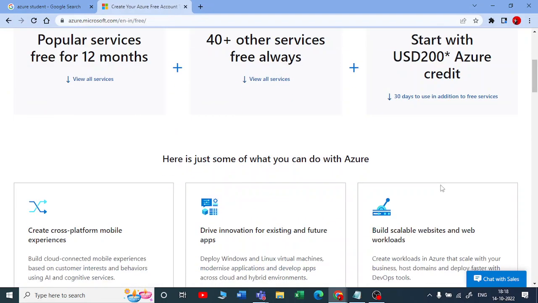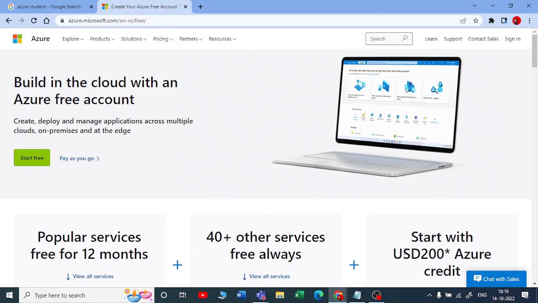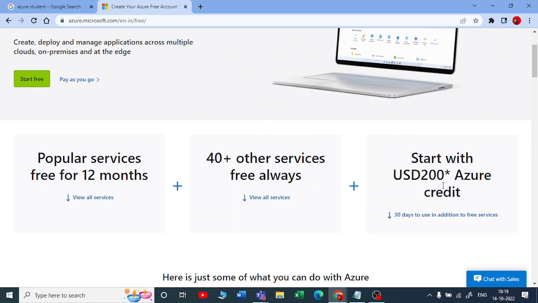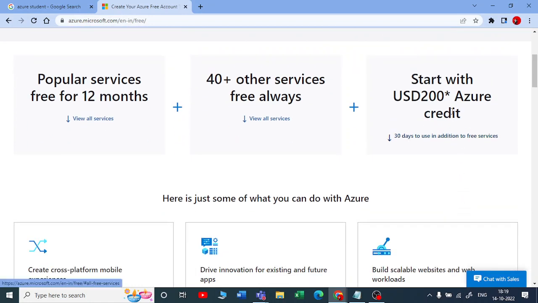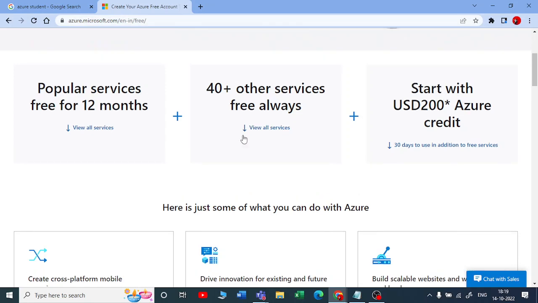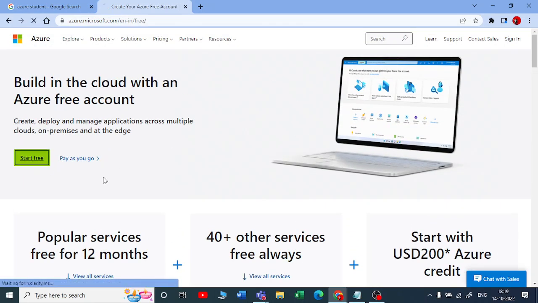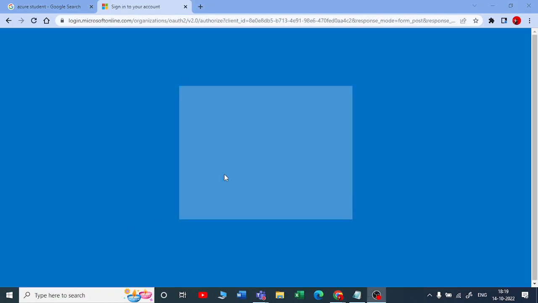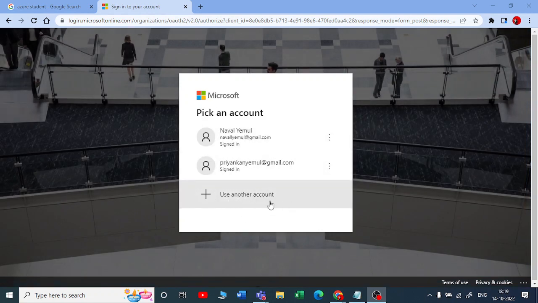So let me show you how you can sign in with this $200 credit. For this you need a debit card or a credit card. If you are using a debit card, your bank should have permission to access your online banking. Okay, definitely, otherwise you cannot get that. So you just click on start free. Yeah, you can click on use another account.